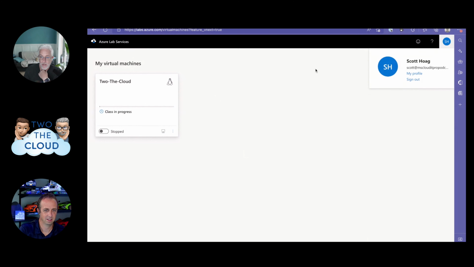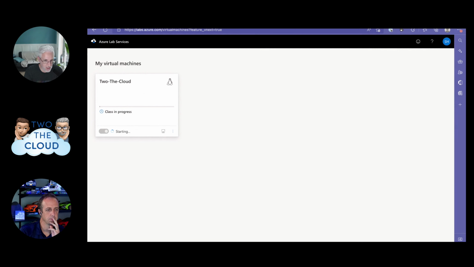So now I'm signed into Lab Services as another user. I can't show you the invite flow for this because it requires me being able to get into the labs the other way. So this would be, in theory, the lab was spun up. You saw the lab, the VMs were created, you got everything set up. And now this is you as a student wanting to go in and start this lab. Correct. So this is me on the student side.